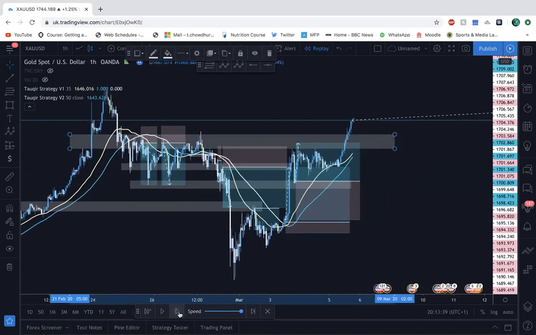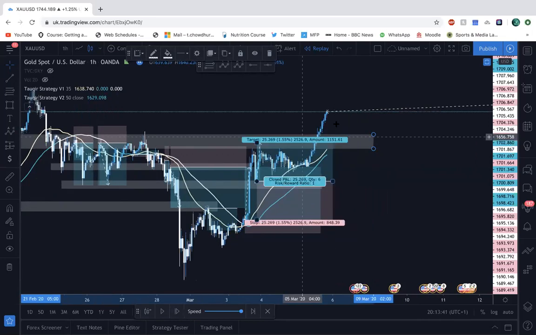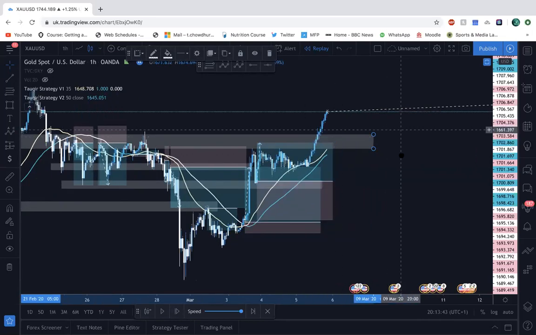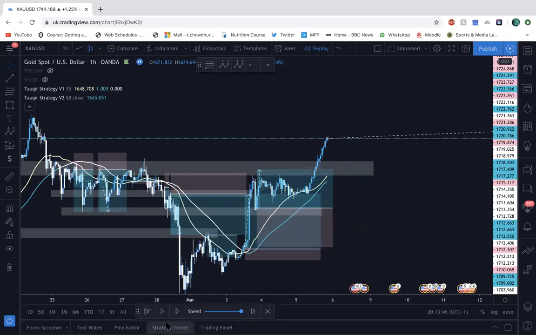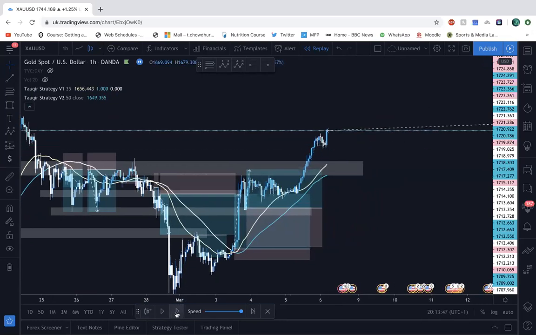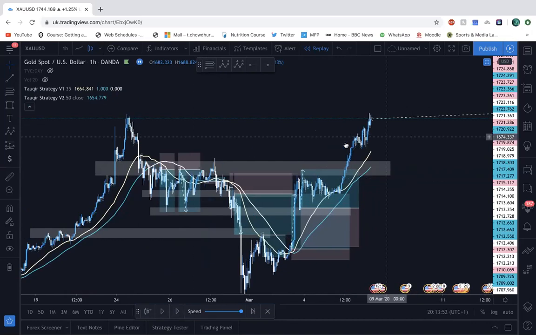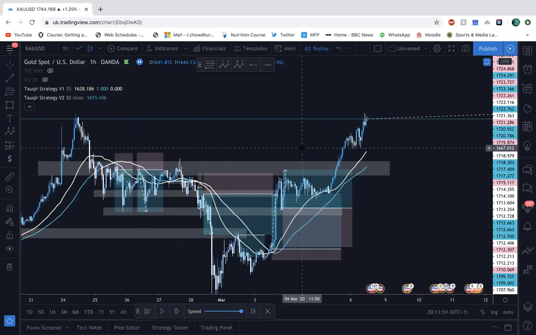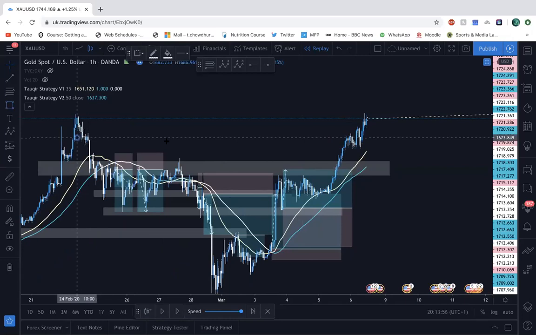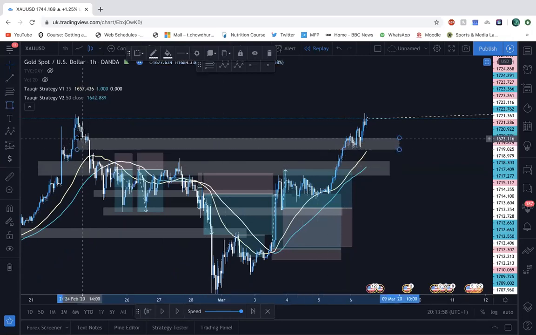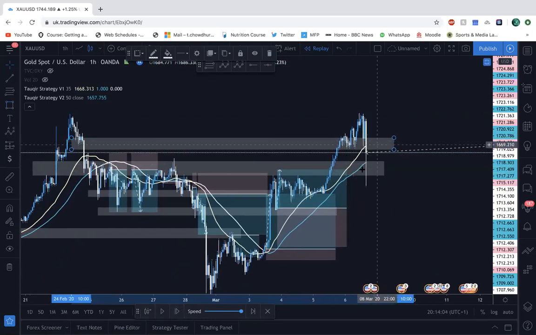All right, so what would you do? When it broke the previous high, you would look to catch the re-entry. The moment it revisited that area, you would try to catch the re-entry to then ride the move up, knowing that this is the start of an uptrend. As you can see, it gives you several opportunities over here as well. And once again, coincidence, it is a previous area of resistance, an area of support. So you could have caught this particular move and then swung the move up. Look, it literally came back to the previous area of support over here to give you that opportunity to enter